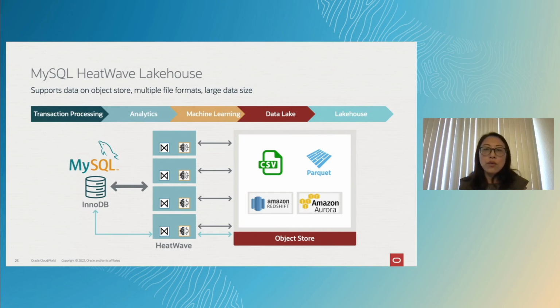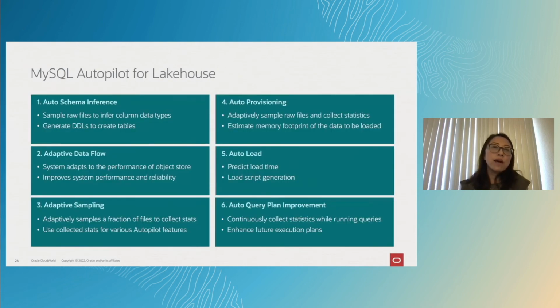This allows us to handle much larger data sets because you can store a lot of data on object storage. So the Autopilot for Lakehouse, here's the list of the features that we have designed for Lakehouse. The first one is auto schema inference. As most of the time, the data stored in the object storage has no schema, we will be using a machine learning model to predict the column data types